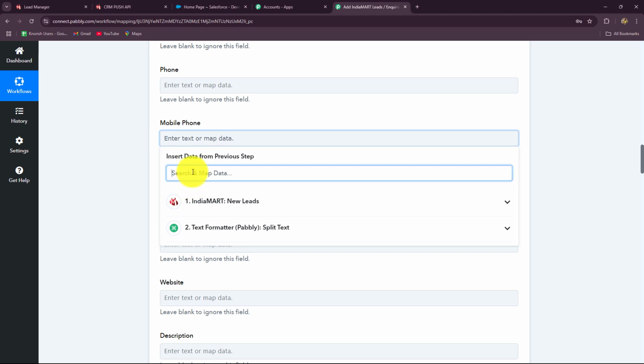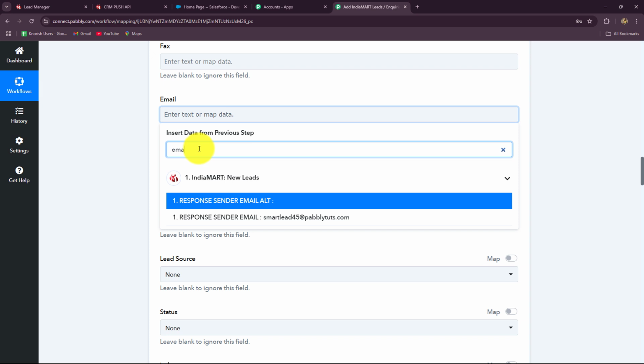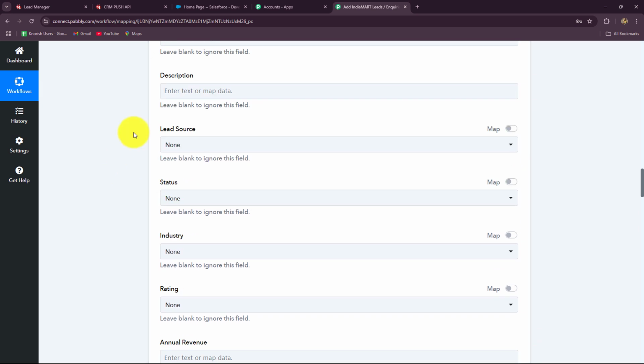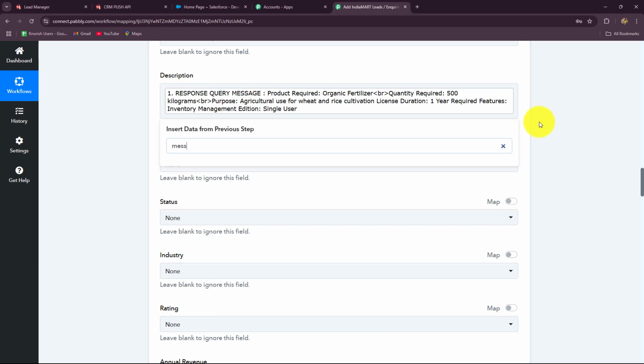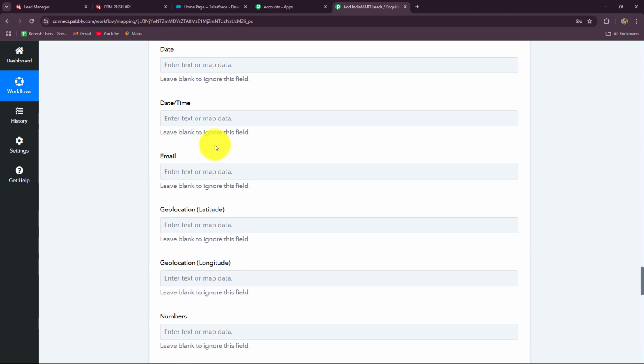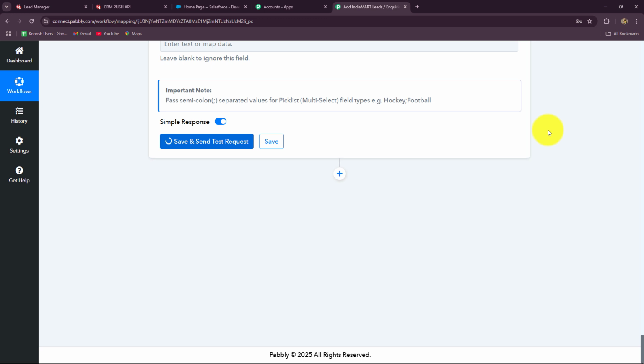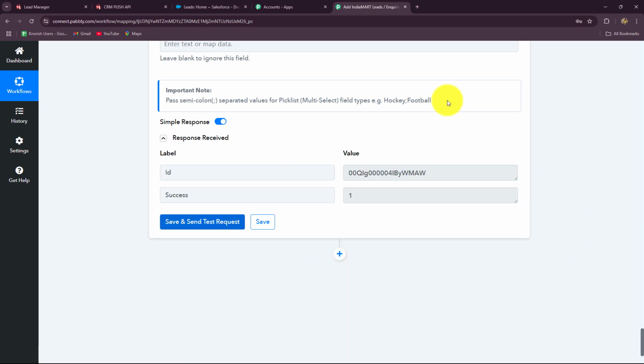I'm going to directly map the mobile number over here. Then the email of the lead, and in the description I'm going to map the query which I have received so that I can identify all my leads separately and classify them on the basis of their inquiries. So in the description I'm going to map the inquiry message. Then now I'm going to directly click on save and send test request button. All these fields are not mandatory, but if you want you can definitely add them one by one according to your response. As we have done that, you can see that the response is captured, which is saying success,